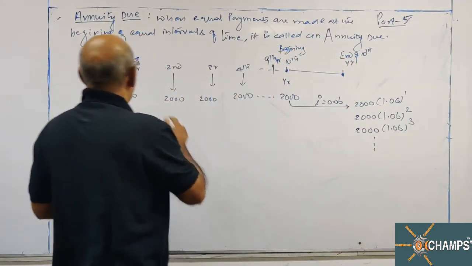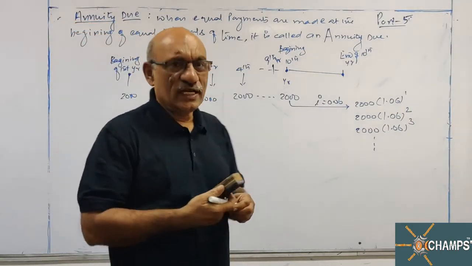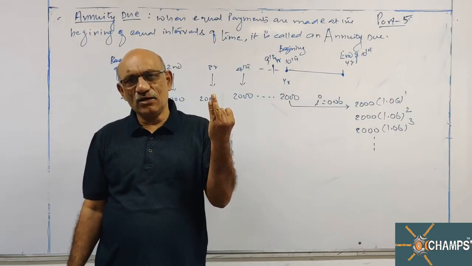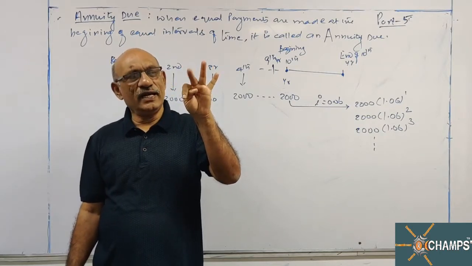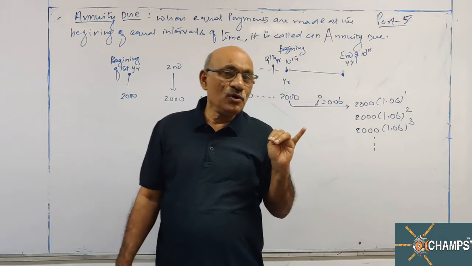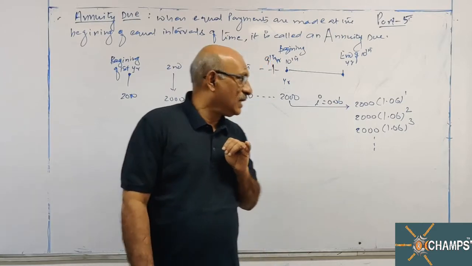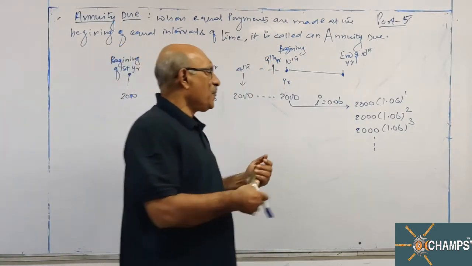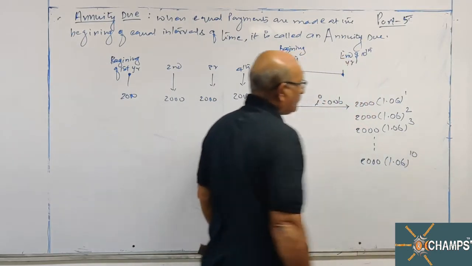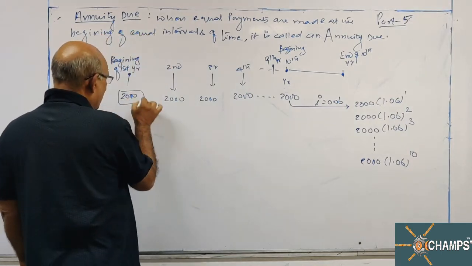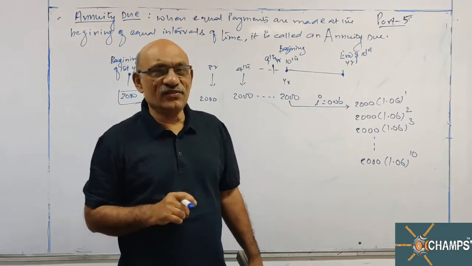If I proceed, look at the first payment, how many years it is in the bank. Beginning of the first year to beginning of the second year, second to third, third to fourth, fourth to fifth, fifth to sixth, sixth to seventh, seventh to eighth, eighth to ninth, ninth to 10th. Up to beginning of the 10th year it is 9 years. But the amount is withdrawn at the end of 10th year. So this first payment is in the bank for 10 years. So you will get 10 years interest.